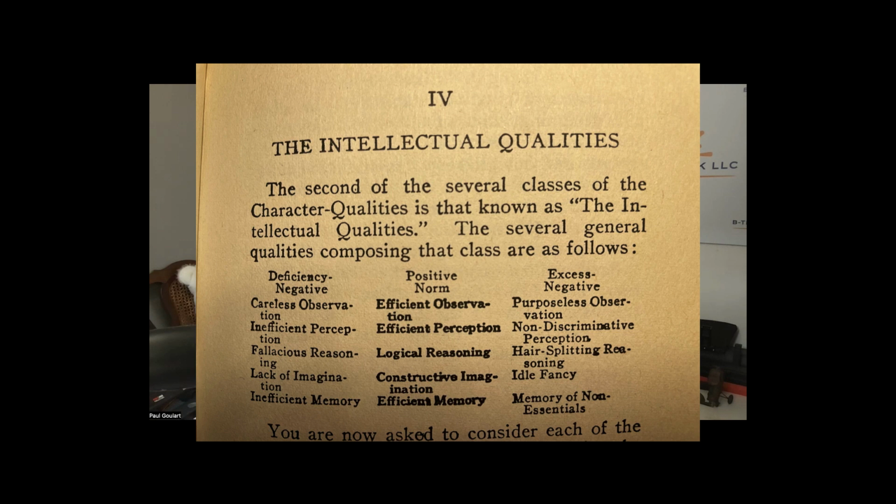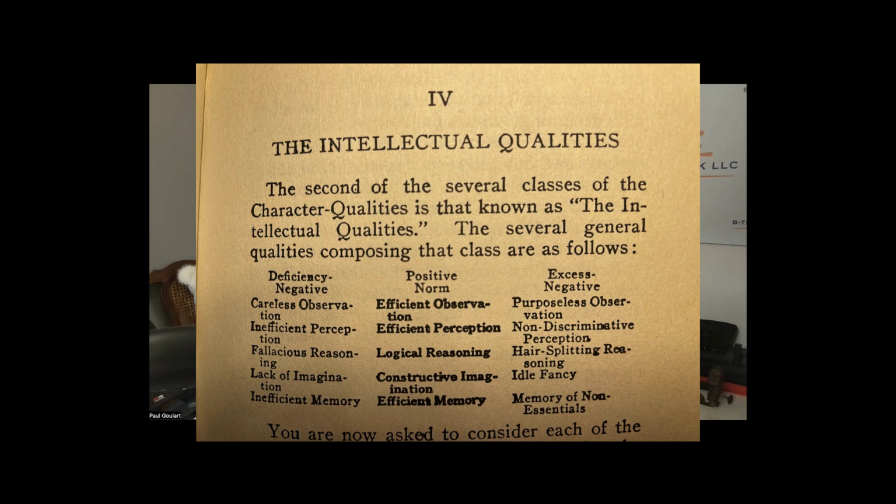The road itself already exists. It has existed ever since the rational faculties were created or evolved in man. The deficiency negative of logical reasoning is known as fallacious reasoning, or reasoning either A, based upon false premises, B, conducted upon illogical principles, C, resulting in an illogical and unwarranted conclusion or judgment, or D, combining all of these false methods. The great mass of persons reason more or less fallaciously, and therefore fail to reach the truth concerning